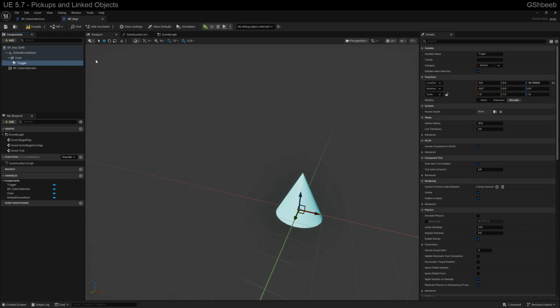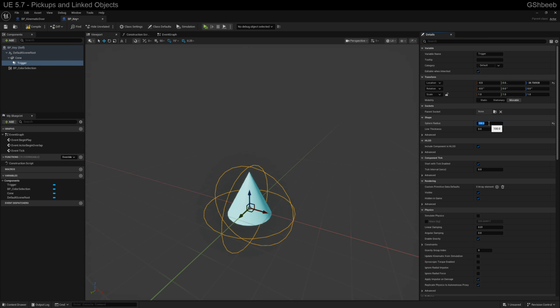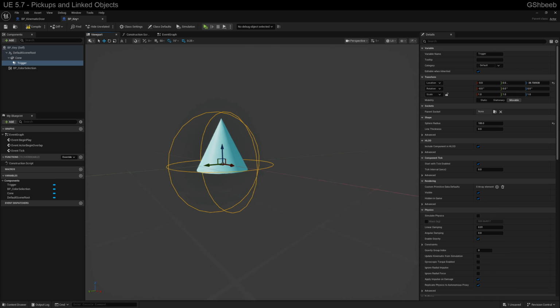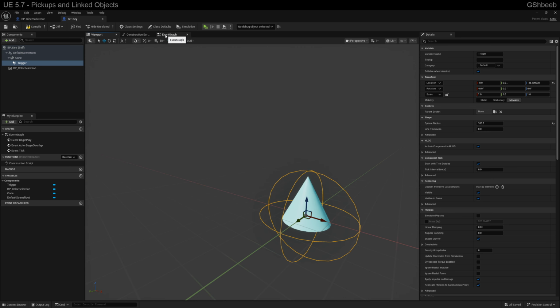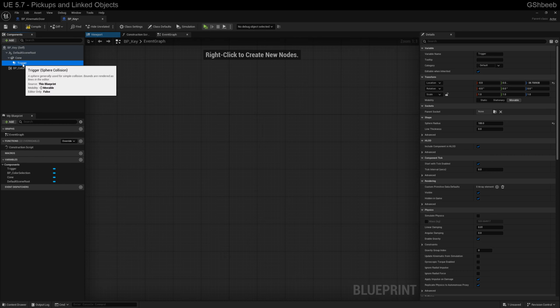And for this, we need to make the trigger big enough to include the object. So it'll be a little generous. So if they get close, we'll say 100. So if they get within 100 and it's the player, then we should be able to collect this thing. So we're going to go over to our event graph and we're going to right click on our trigger,